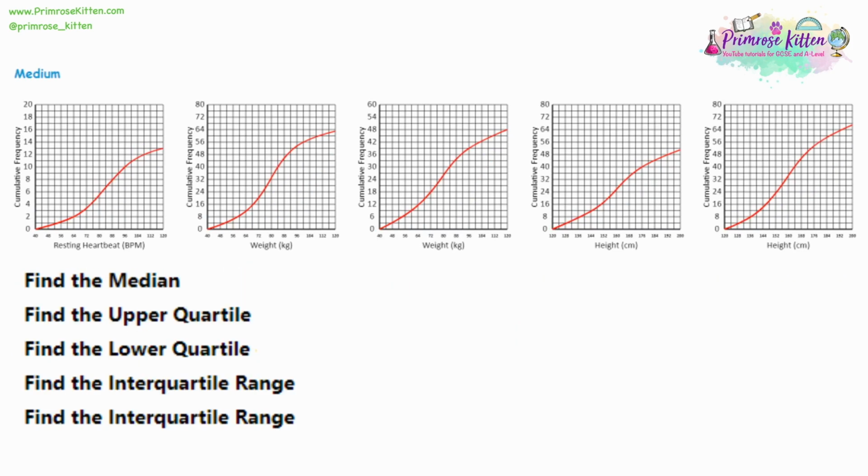Now, why are we plotting these curves? Well, we can get some statistics out of them. And the first thing is it's really easy to find the median using this method. Now, the way you find the median is firstly we have to identify how many people total we have. In the first graph, it's resting heartbeats. I will need to figure out how many people total.